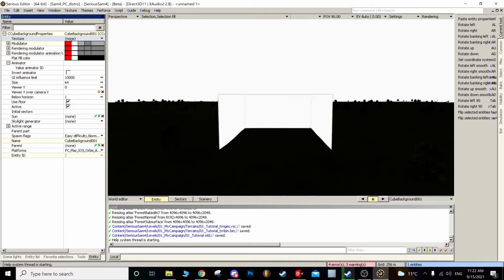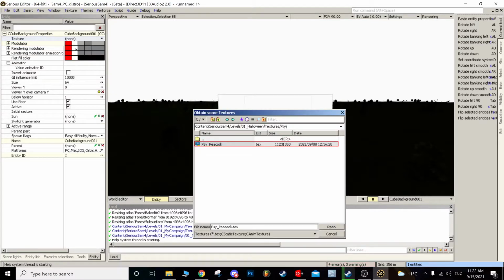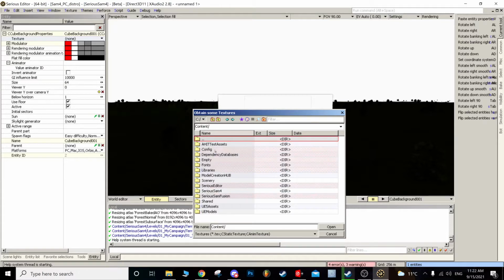Texture. Click on it, choose browse. By default, you might get this. So this root directory is to return to the disk of your folders, and to locate the sky you need, you go to content, and then you won't need to do anything else because the engine does it for you. What do you mean by that? Well, if you go here